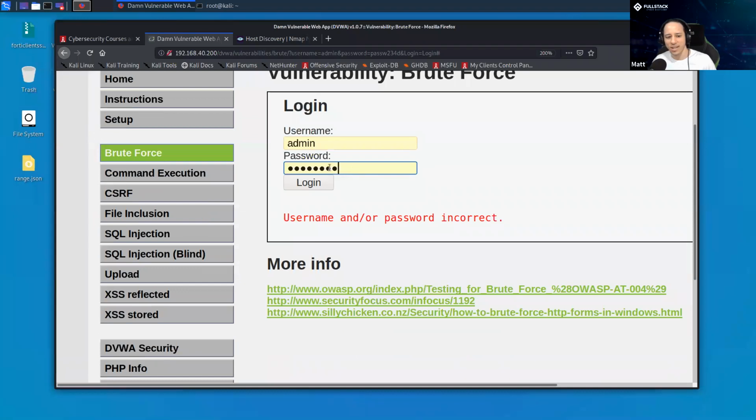Any questions on just this part so far? Okay, cool. So anytime I want to break into a login form like this, it's very important for you to understand how this is working. What you're doing when you hit login is sending some kind of HTTP request. And if I want to look very close at HTTP requests, I have two different ways: I have Burp and I have my browser. I'm going to look at this through the browser first, and I'll open it up in Burp as well.